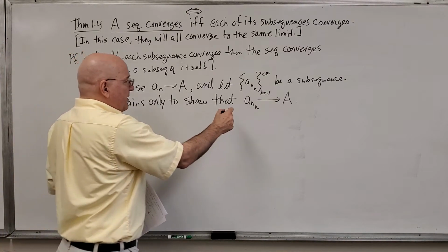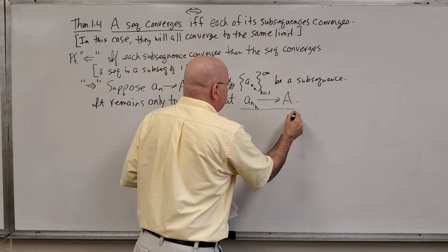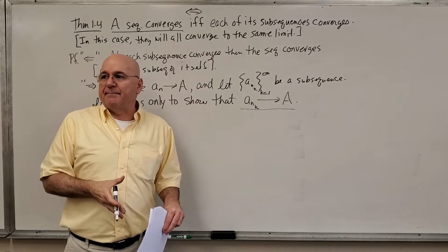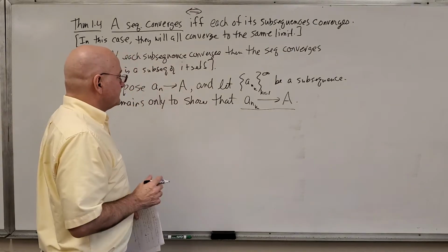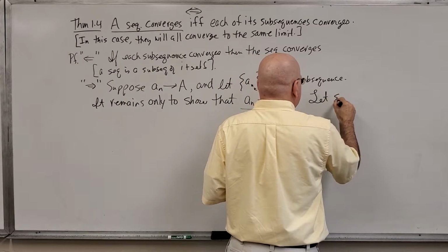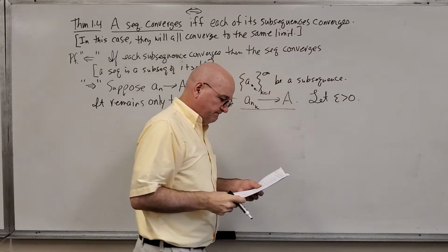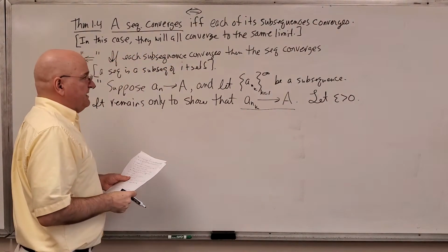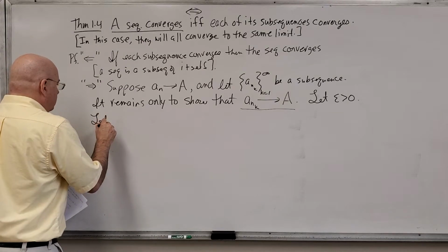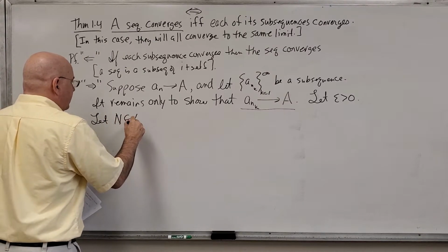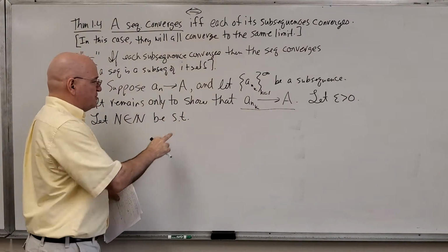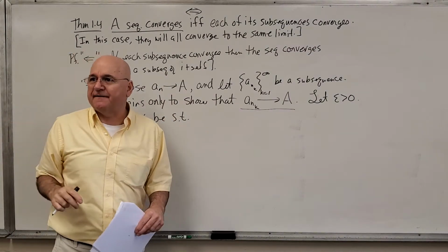Well, remember, whenever we want to prove that a sequence is converging, we need to have an epsilon bigger than 0, and then we need to find a capital N. To save a little room, I'm going to put that epsilon greater than 0 over there. Let that be given, an arbitrary positive number. Let capital N in the natural numbers be such that, and I'm sure I've told you, ST means such that